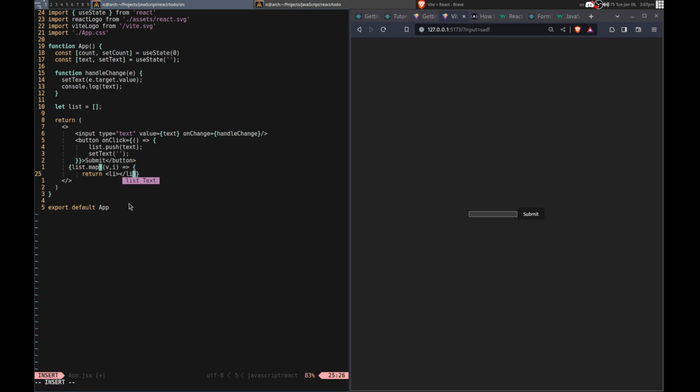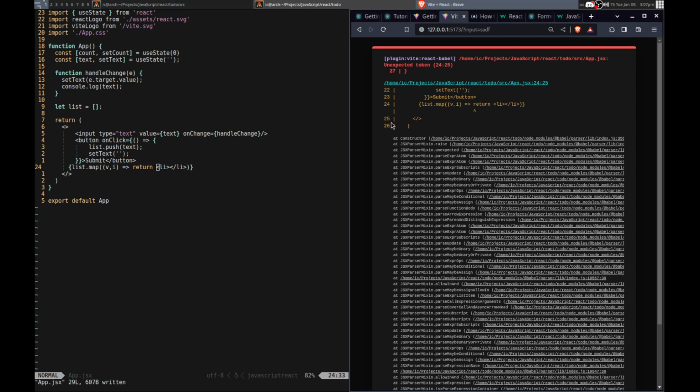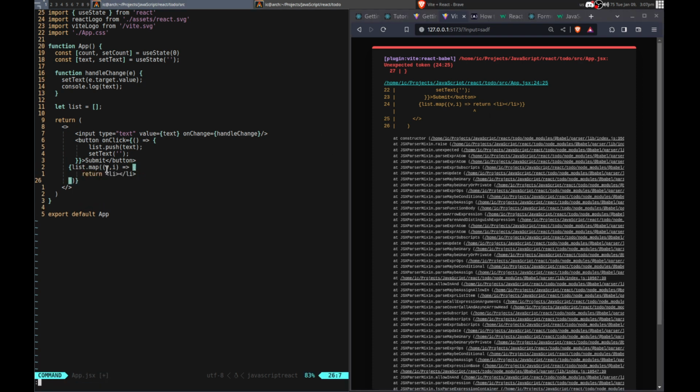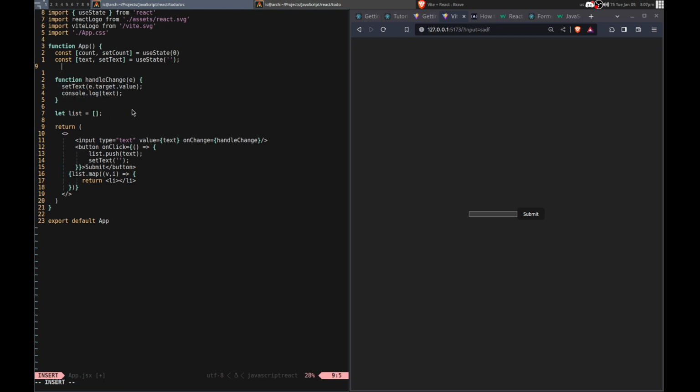Alright, then I can get rid of that. Oops. This is not state. Okay, so I need to update it using state. So I need to set it like this then. Set this. Okay, let's see.